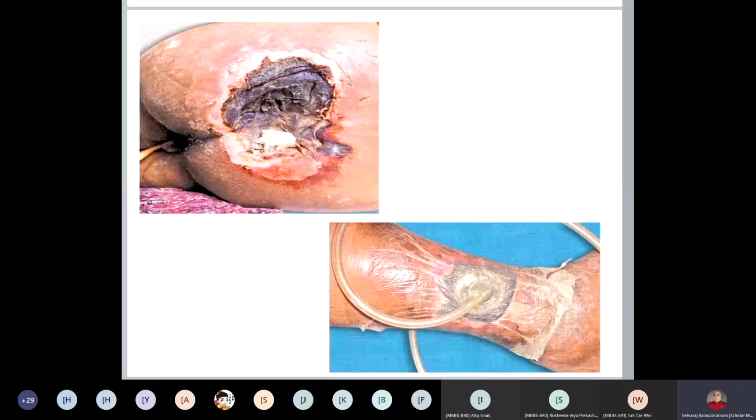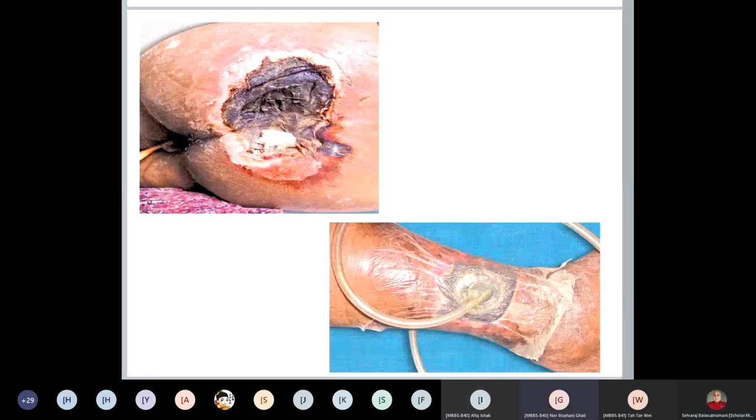Okay, what is your diagnosis? After seeing the first picture, the patient is developing a big ulcer over the sacrum, over the bony prominence. What is your diagnosis? Can you tell me? It's a bed sore, right? It is a bed sore. What are the other names for bed sore? Trophic ulcer. Okay, it is a type of trophic ulcer. But what is the other name?